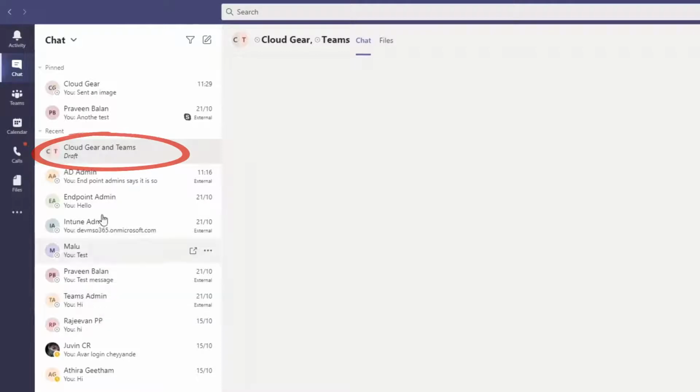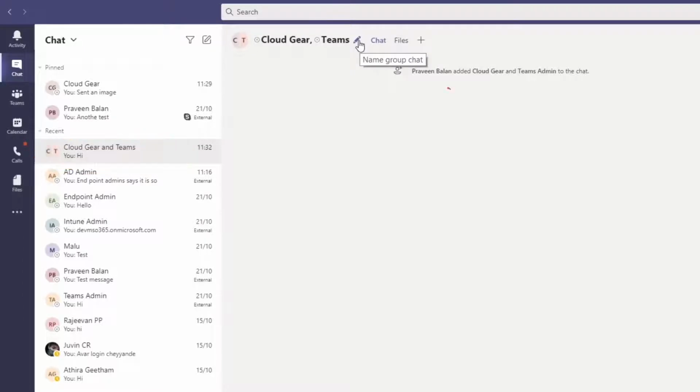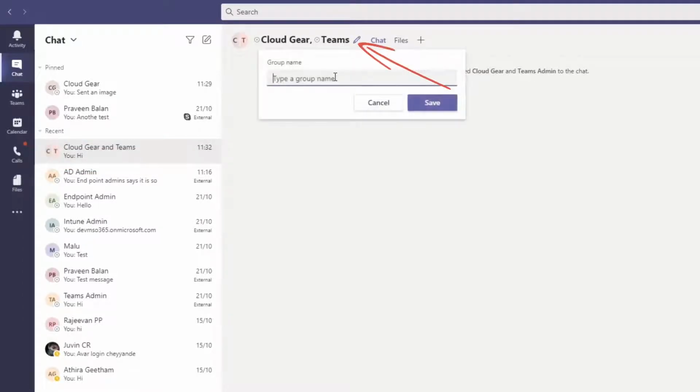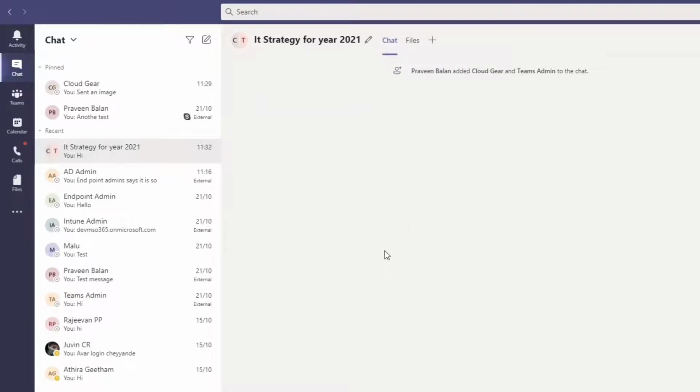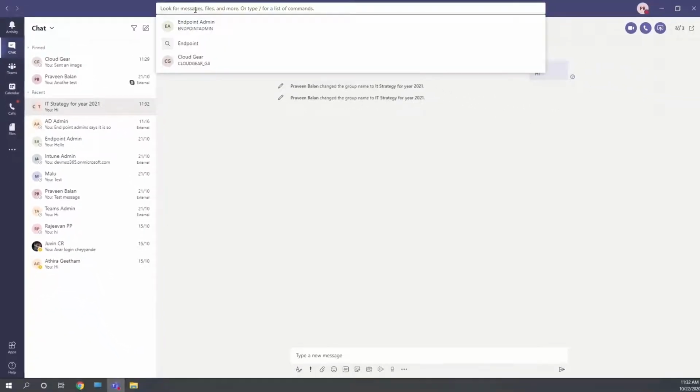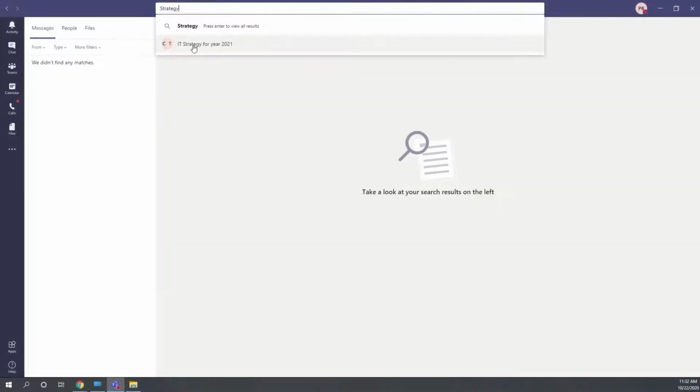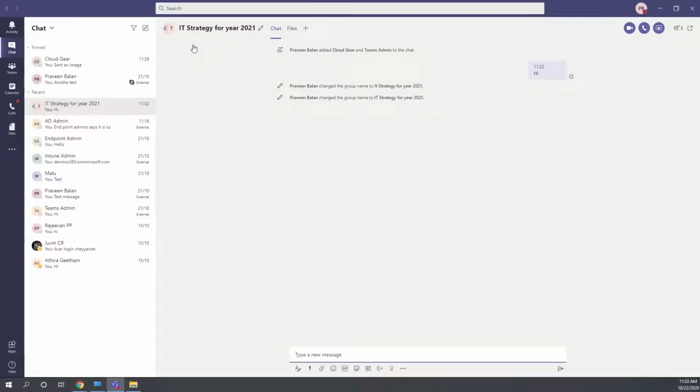If you have noticed, the moment that we start a group chat, it is named with the participants' names. You can easily change that into a meaningful name by clicking on the name of the group option right on the screen where I have shown it. So let's give a very meaningful name so that it becomes very handy when you are searching for something within your Teams chat. The number of chats will keep increasing on a daily basis as we chat with different people, and this makes it easy for us to reach the right chat with those phrases which are part of the chat group names.